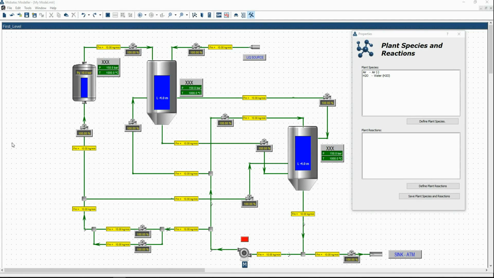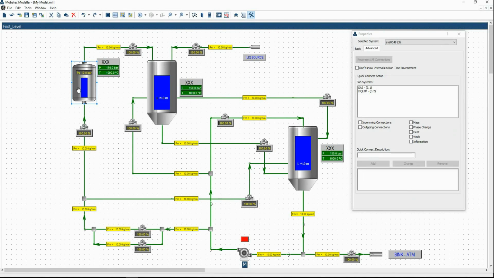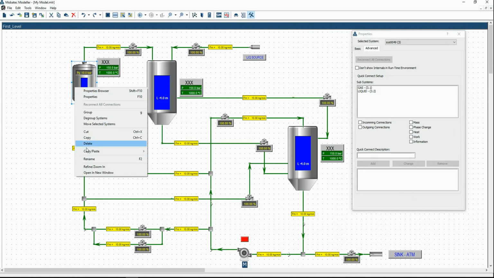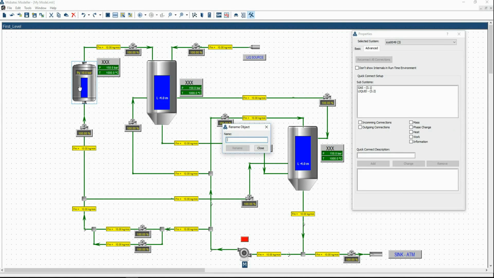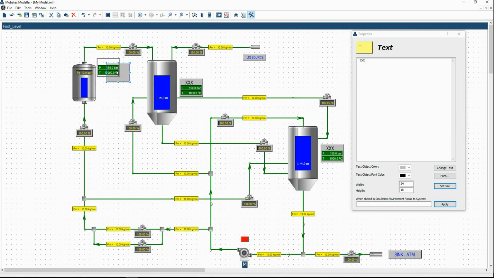Let's now give the names to our tanks. Select the tank, right click and go rename, or just select it and press F2 on your keyboard. Give this pressurized vessel the name B103. Rename. This one will be B102 and this one will be B103. Rename. Close. We can see here these three X's, and this is just a text object,